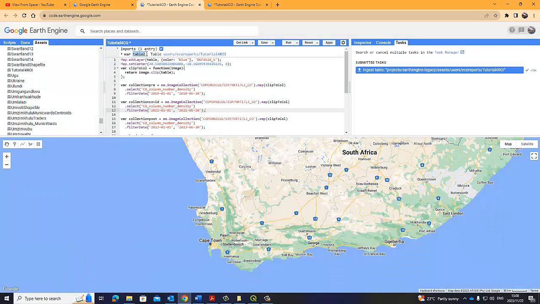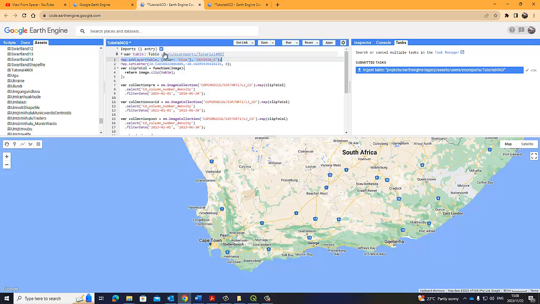Then I'm going to call it table. Now you can again call it whatever you want to call it. You can call it region of interest. It doesn't matter. In my case, I'll just leave it as table. And the reason why I'm leaving it as table is because I've already referenced it in all my other cases as table. But you can change it. Then I've added a piece of code